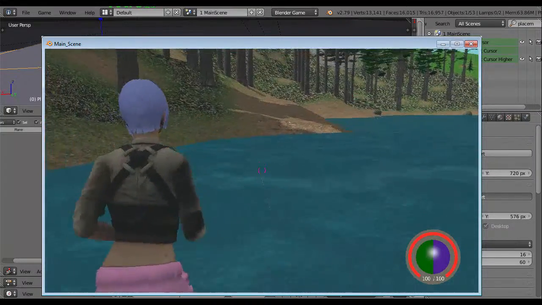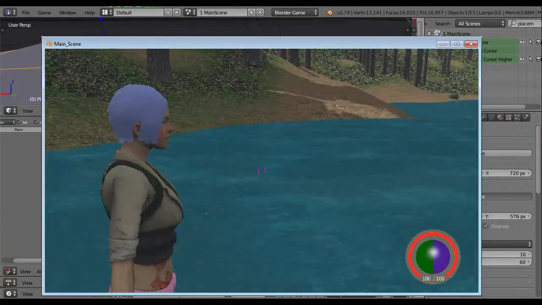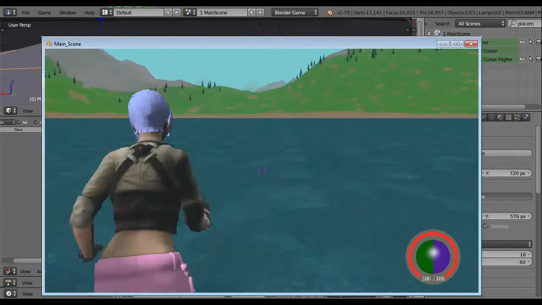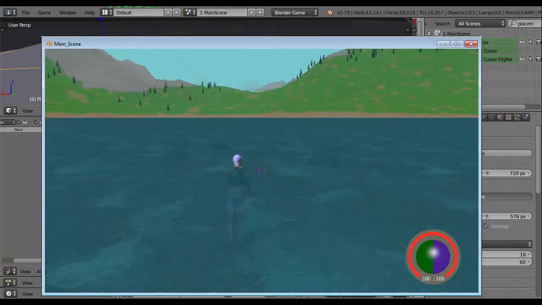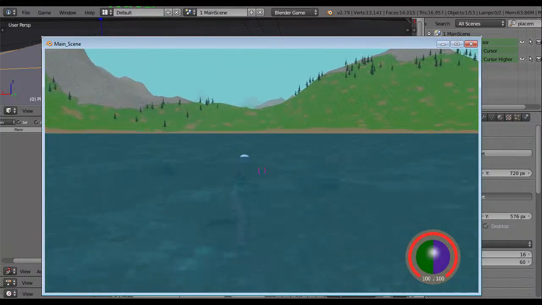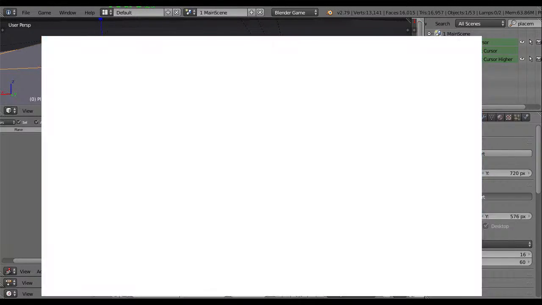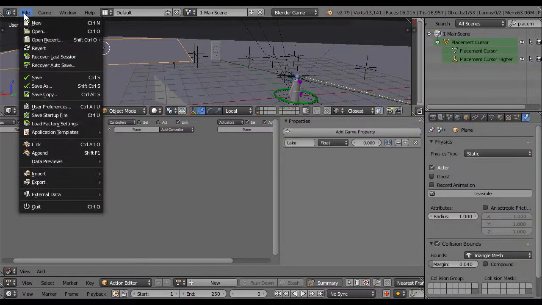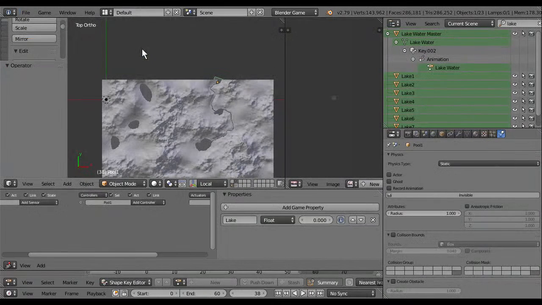Well, still has a seam. Oh, the last time I did see it. Has to be an actor. Let's see, physical static and actor. Actor. Actor.